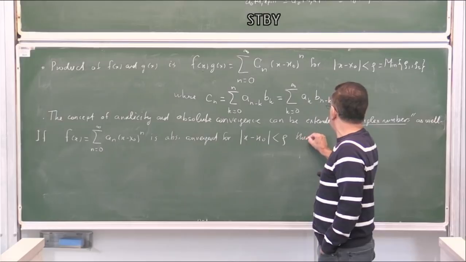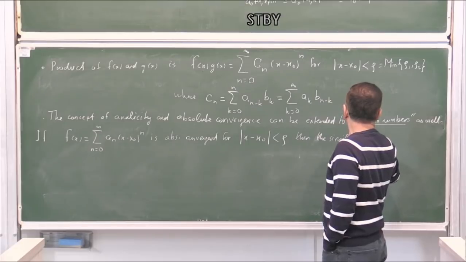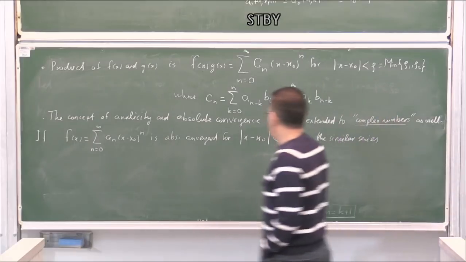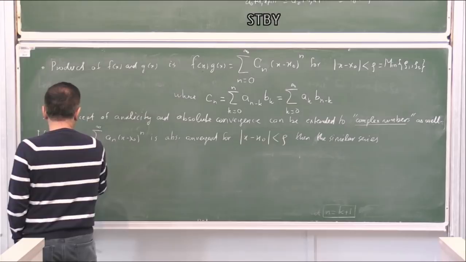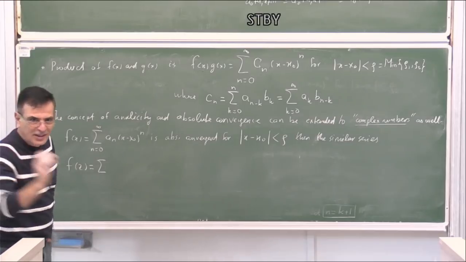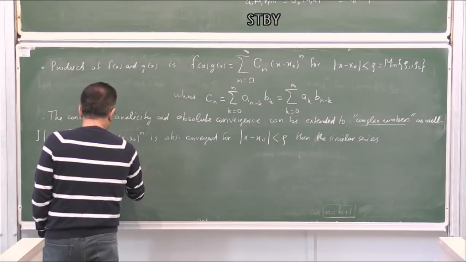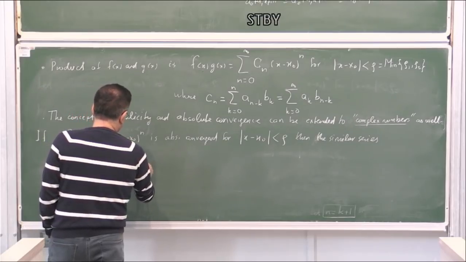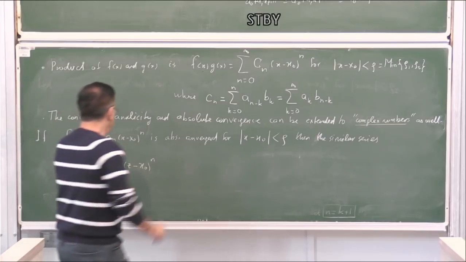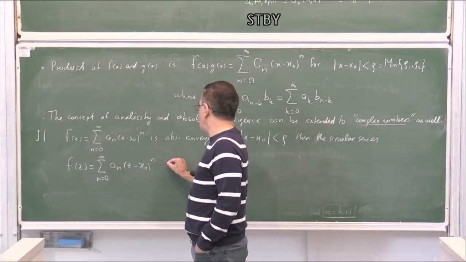Then the similar series, let's say the center is still real, okay? From a_n (z minus x0) to power n, where z is a complex number but the center is still real, okay? Should converge